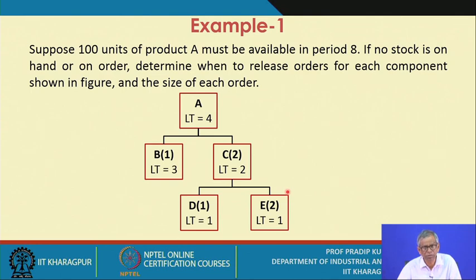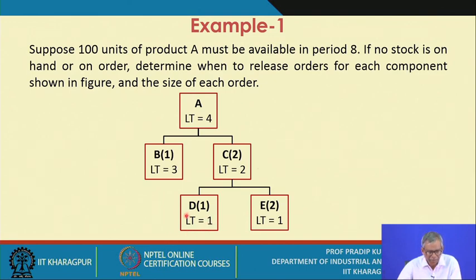This information you collect from the bill of material. That means you must go to the design department and get this data. What I am trying to do is create an inventory control system, but I am linking it first to the design department, that's why the bill of material. Next I will link it with the master production schedule, and so obviously I am linking my inventory control system to the manufacturing or production system. How many levels do you have? Level 0, level 1, level 2.